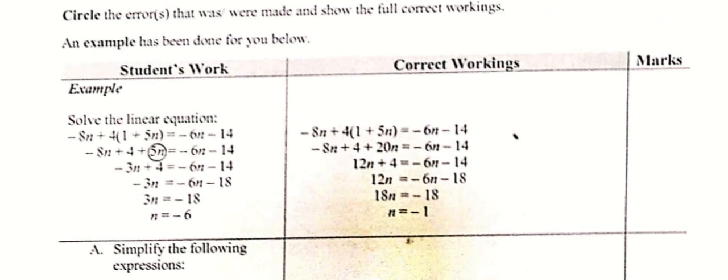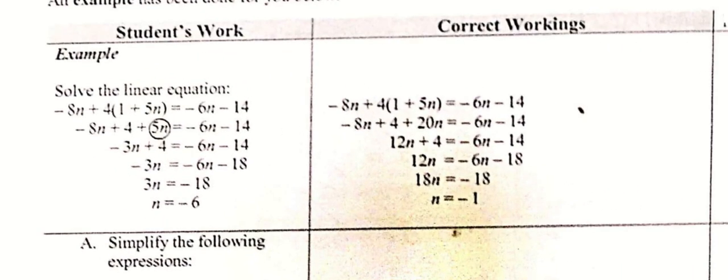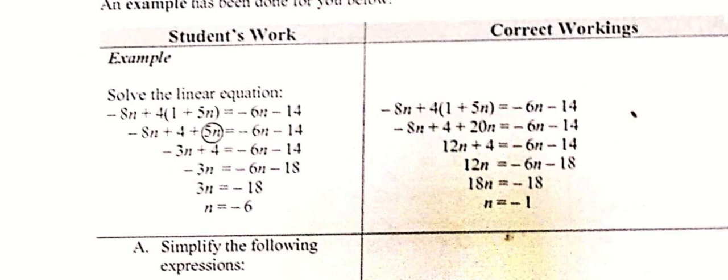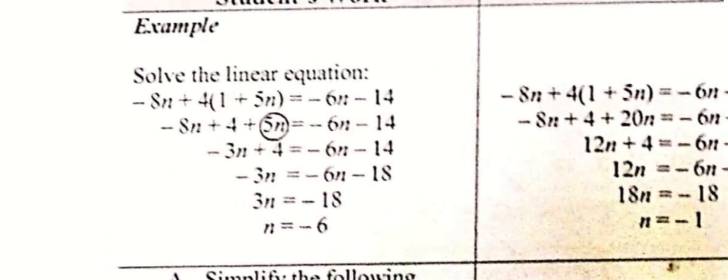So the first type of question is something that we have done intensive practice on, the lesson before and on the day itself of the test. The whole idea here is there is a set of working given to you as an example, and guaranteed there are mistakes. In this paper, I told you that most of the questions have only one mistake. So your task is to spot the error, and then carry on the working from there or start from the beginning.